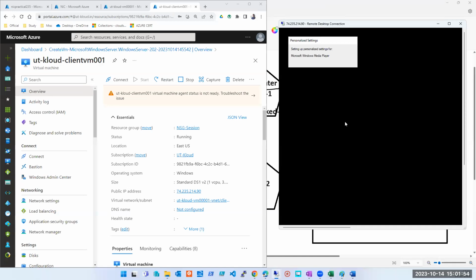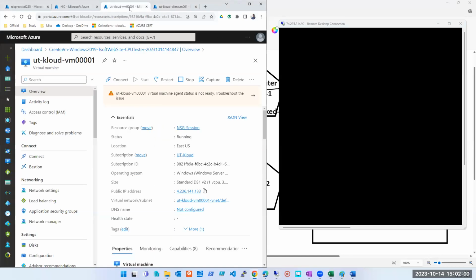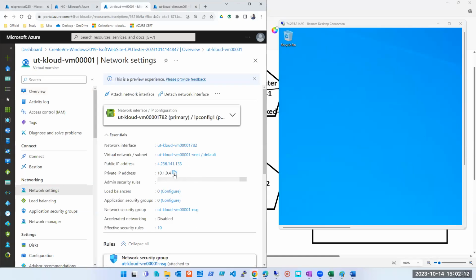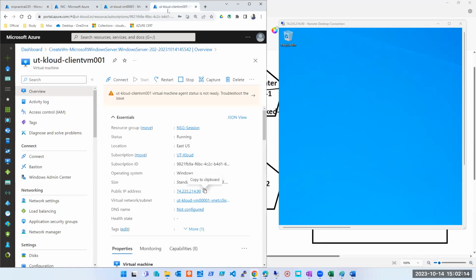This is the client machine I have created. Let it appear, and then I'll start showing some details to you. Okay, so this is the client machine, guys.